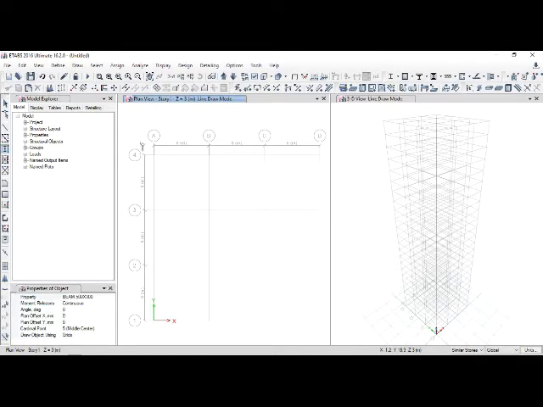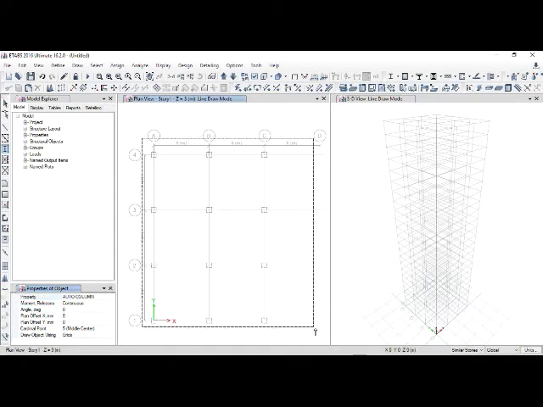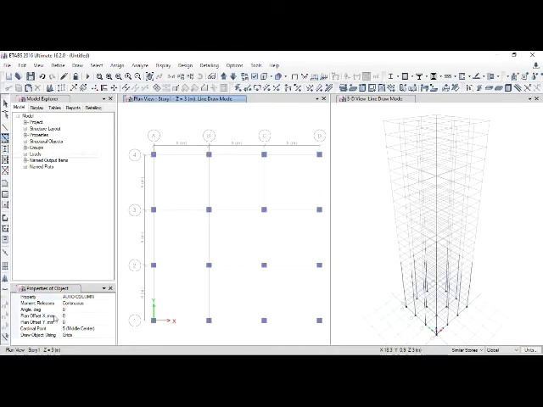Once I click on quick draw column, I'll select the entire area so that the columns will be generated. Before that, I'll select the auto column section so that the auto select option will be applicable to the columns. Now you can see on the right hand side all columns have been generated up to 8 stories.